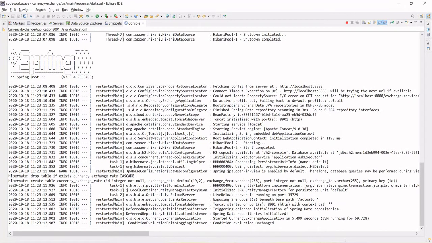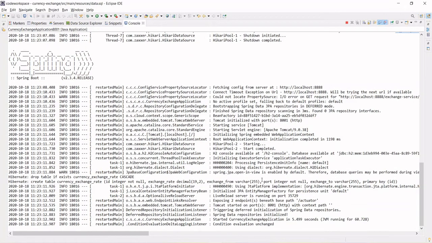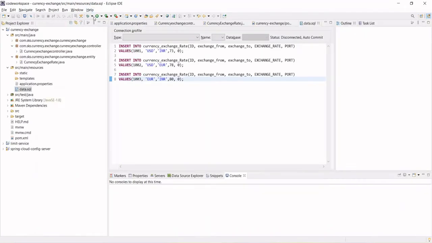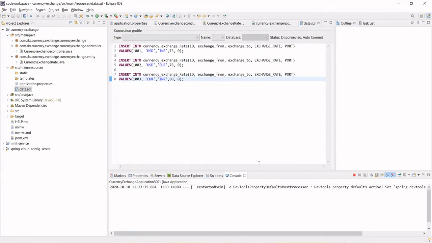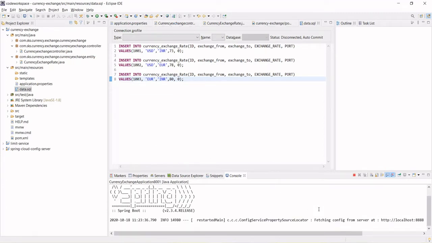This is how it works. If you see, after making changes, it has picked up. Let's freshly start, close this. Go here again and let's run the 8001 port only. Let it run.